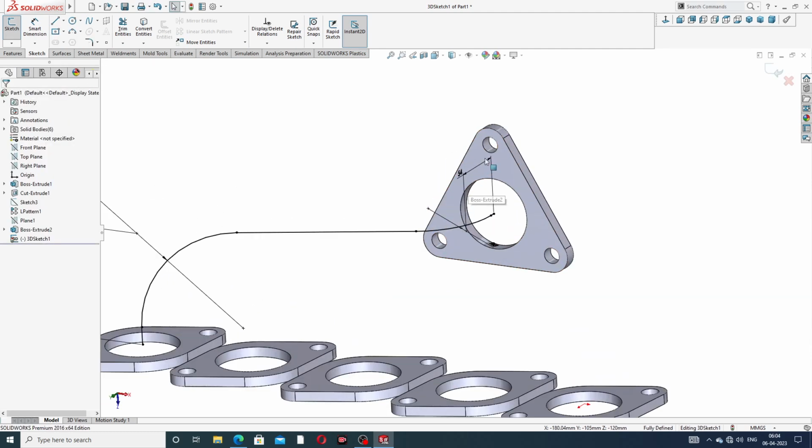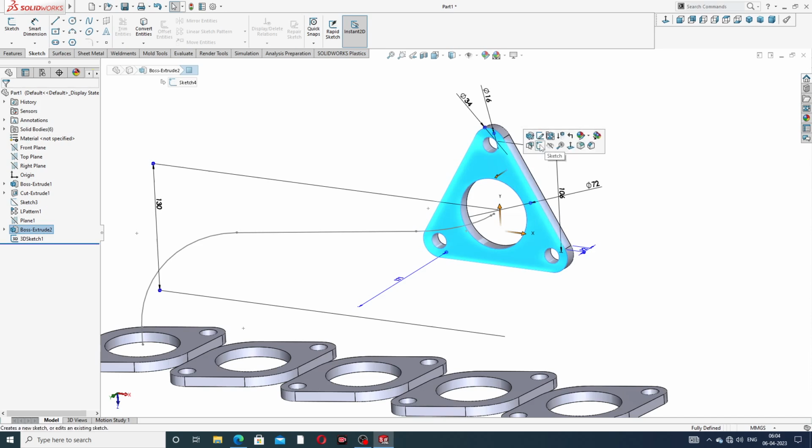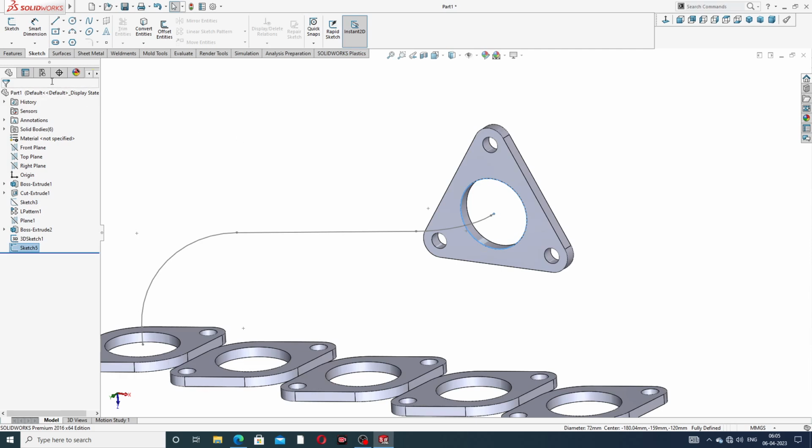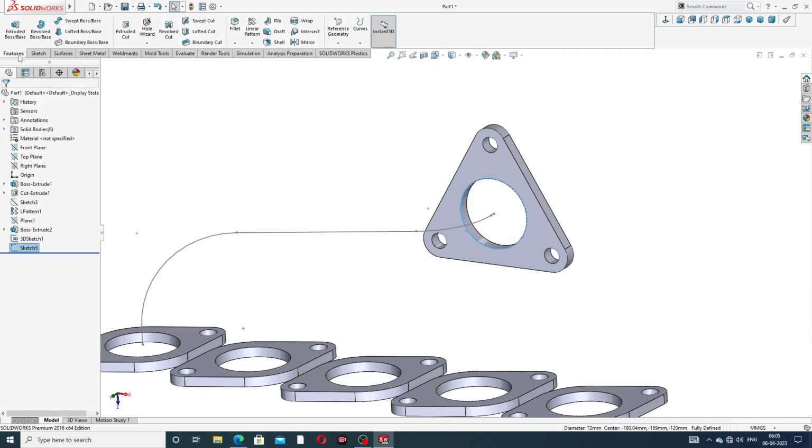Okay, and exit. And next is this face: select sketch and draw. Select this and use convert entities and click OK. Then use the profile, also select here, and the path is drawn here, and use swept